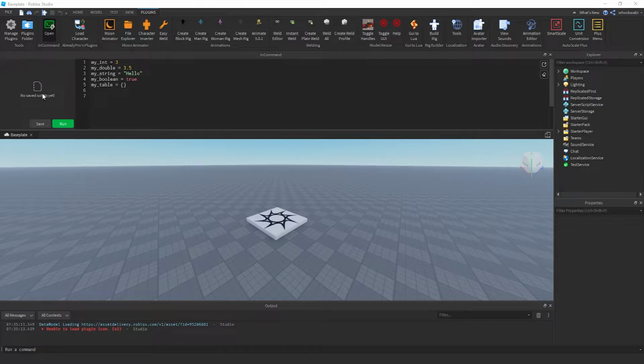Today I'm going to be just going briefly over data types. These are the main data types that I use the most on Roblox, right? We have integers, double values, string values, Boolean values, and I guess tables. Okay? I'm going to make a whole separate video on tables later. But yeah, basically I stored all these data types in their own respective variables, and we're going to be printing